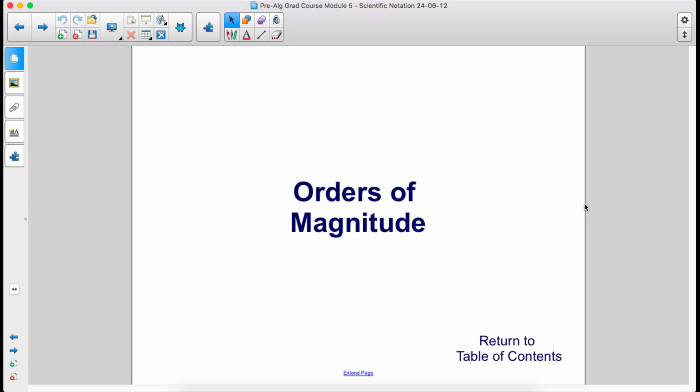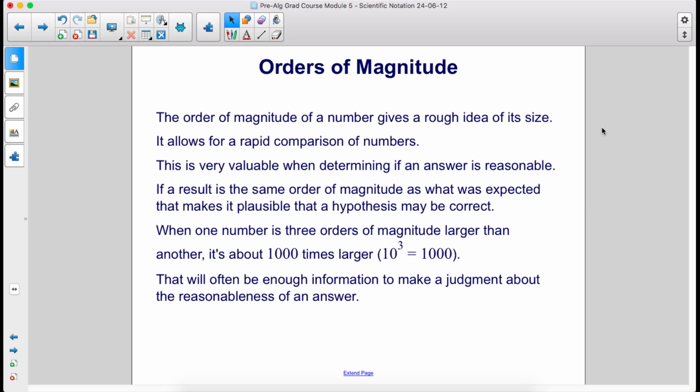Orders of magnitude. The order of magnitude of a number gives a rough idea of its size. It allows for a rapid comparison of numbers. This is very valuable when determining if an answer is reasonable. If a result is the same order of magnitude as what was expected, that makes it plausible that a hypothesis